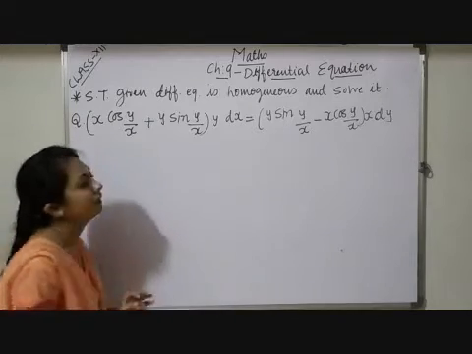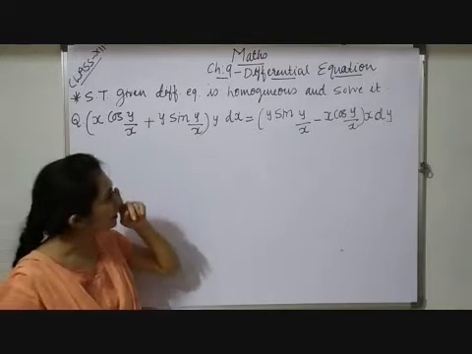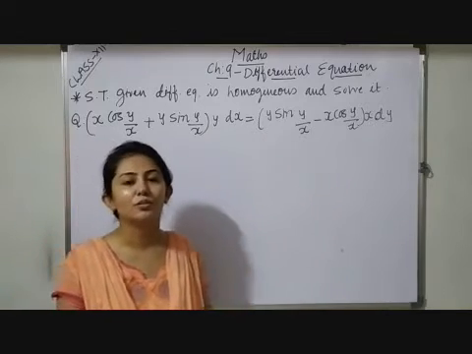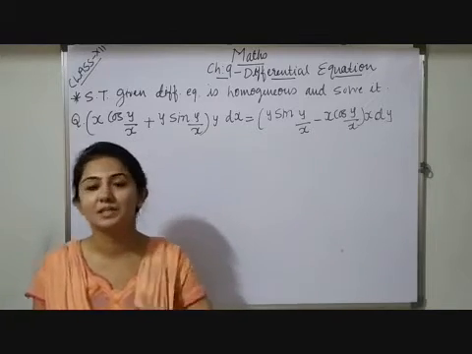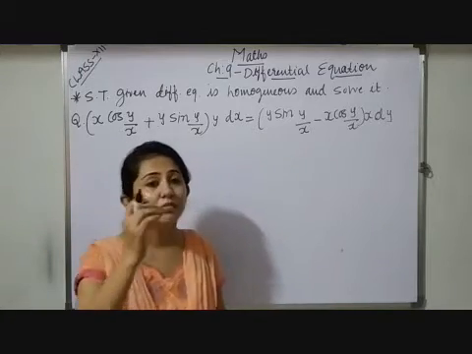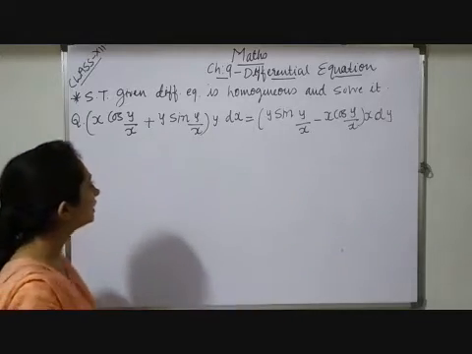Now, here I will solve this question. If you observe it, you will feel how difficult this question is. But here also we have to follow the same steps. We have to convert the whole equation into the form dy by dx equals f of xy upon g of xy. So what should I do?